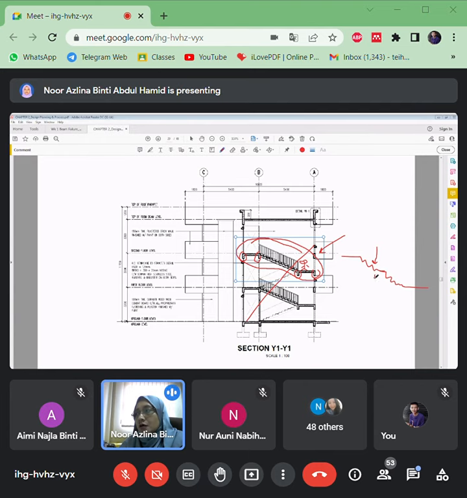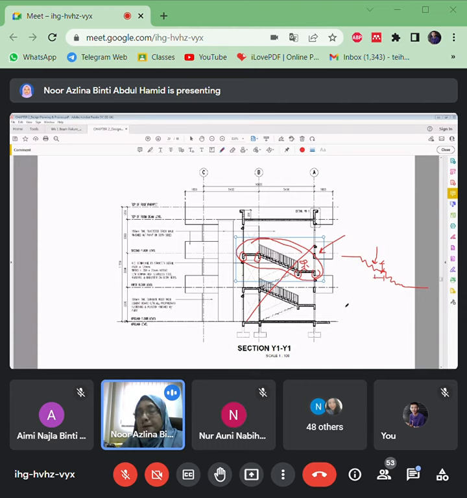What's the distance here, the rise height here, in order to provide comfort whilst people go upstairs or downstairs using the staircase.